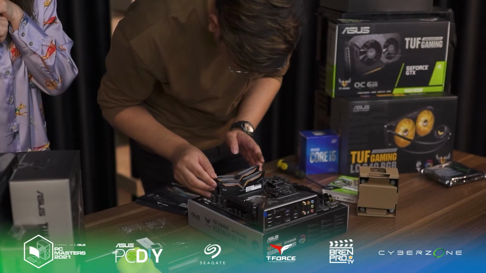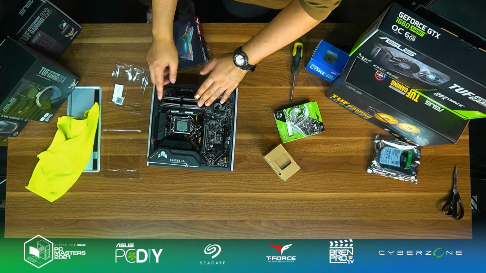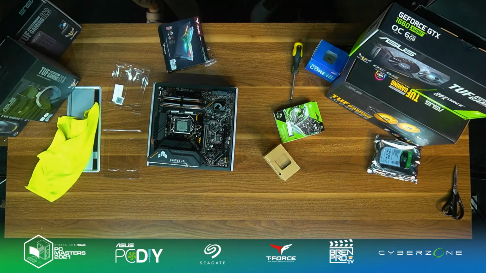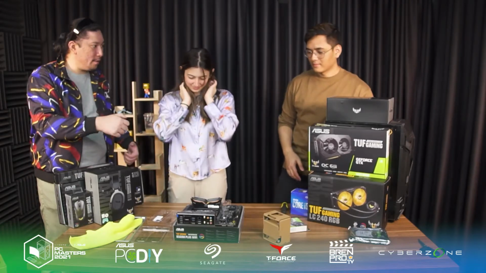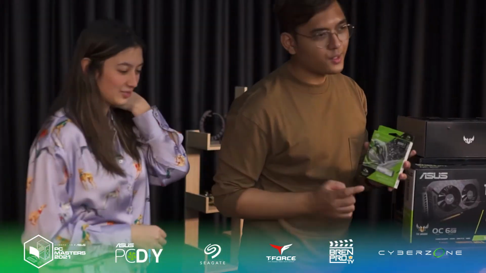There you go. So we reseated the RAM. Yep, it's already in. So I'm just gonna push like this. You can also do the technique where you push one end in first. I get scared of just going too hard. We didn't use any M.2 from our previous builds,